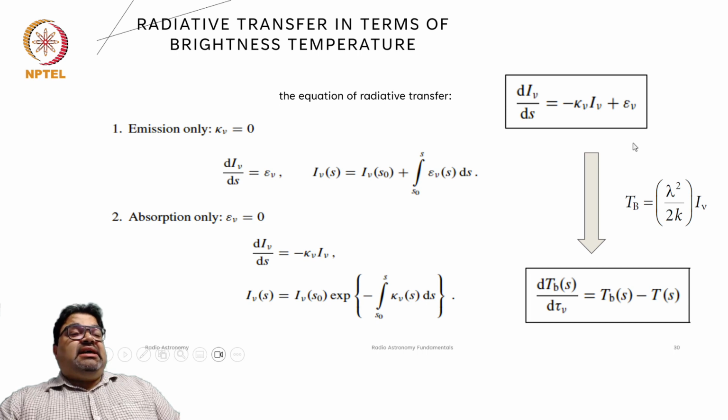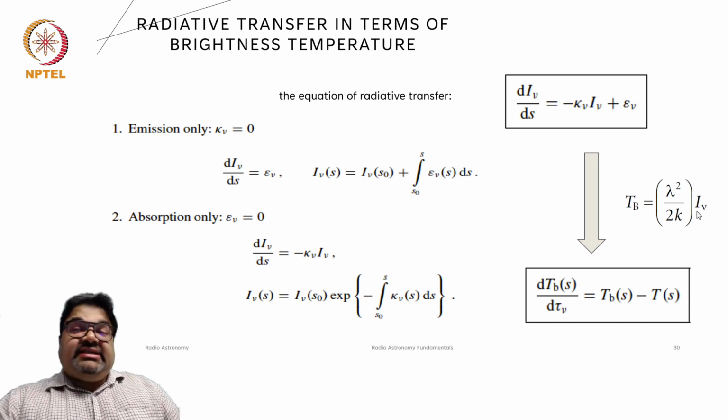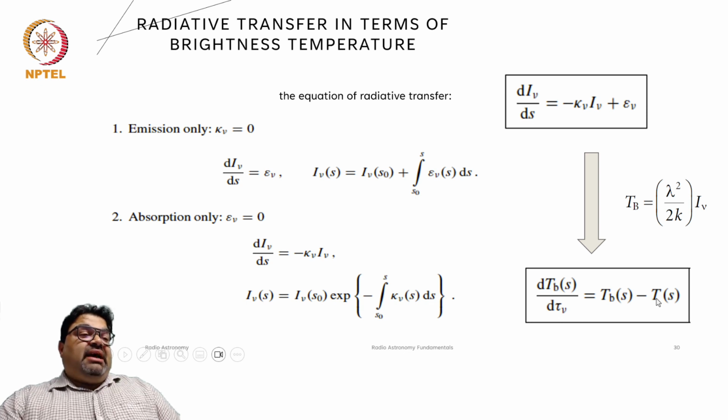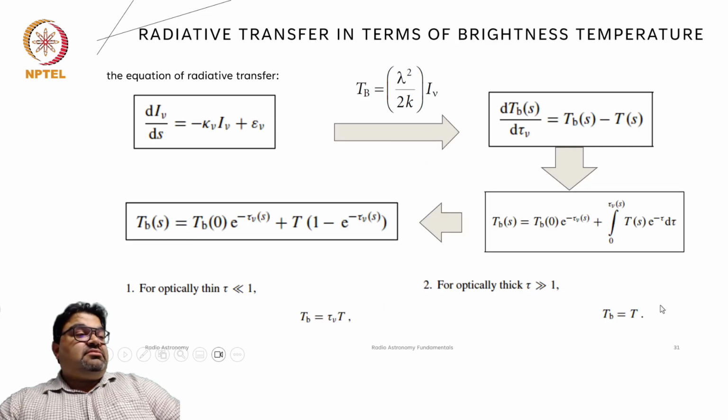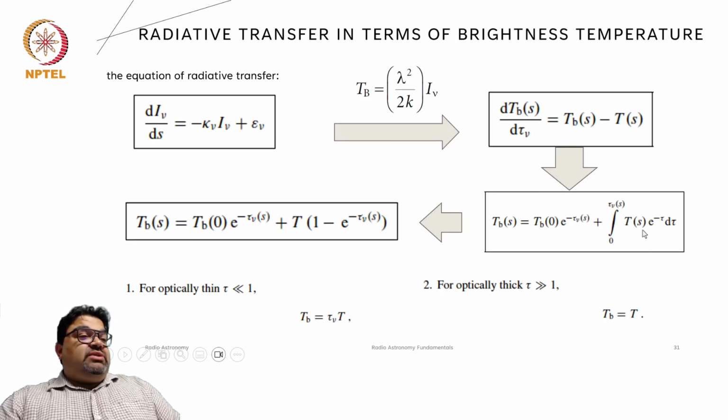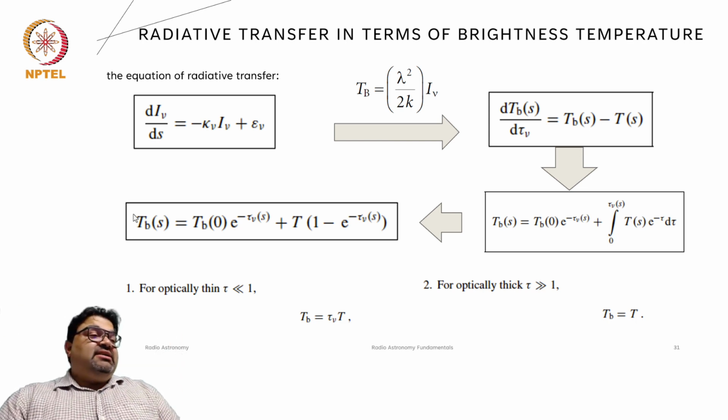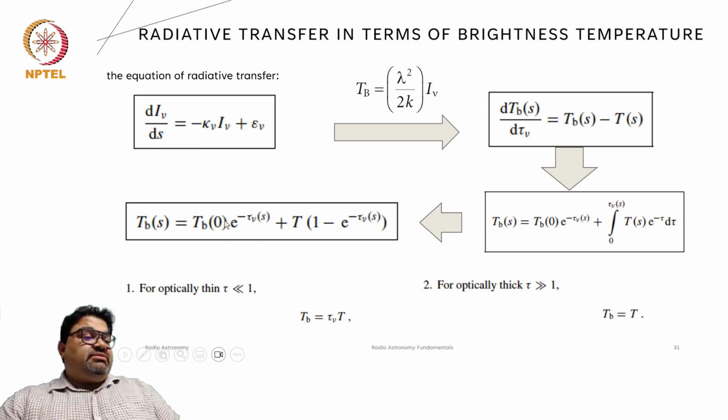Now, if I replace, in the Rayleigh-Jeans limit, the specific intensity with the brightness temperature, then we end up having the radiative transfer equation as this: dTb/d tau is equal to Tb minus Ts. If we do that, finally we arrive at this radiative transfer expression, which basically replaces the I with the T essentially. So you have the same tau which keeps carrying on,